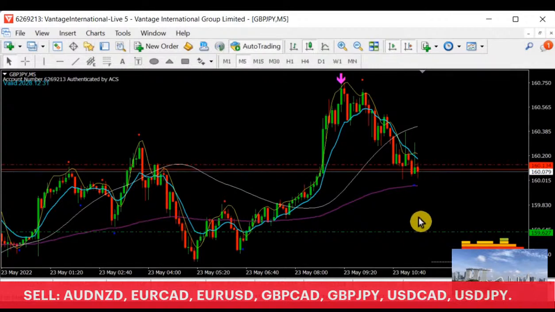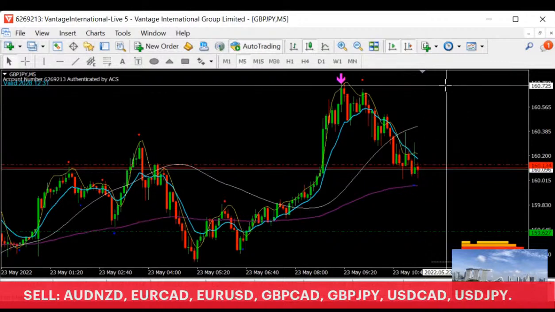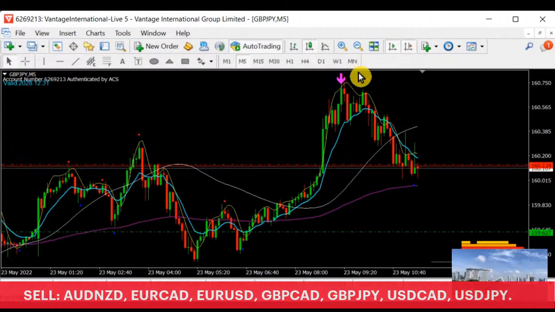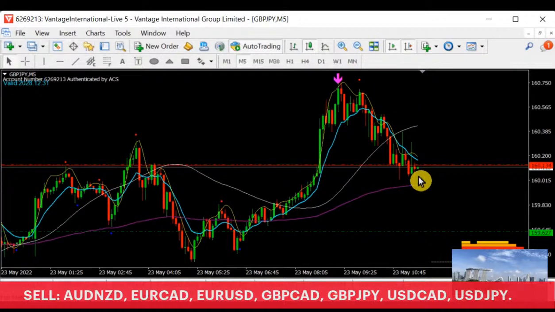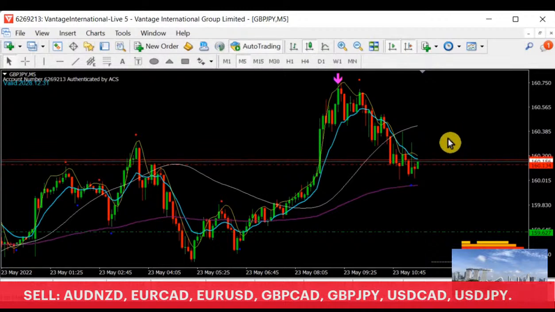So where will be the stop? For such an entry over here, we are already from here to here. So this is the highest resistance. Let's say it retraces upwards, and if it's maintaining below the resistance, the whole resistance area, it is still good to hold unless it builds up a higher support. If it's building up a higher support, that means it is not ideal anymore. This is something we need to know.